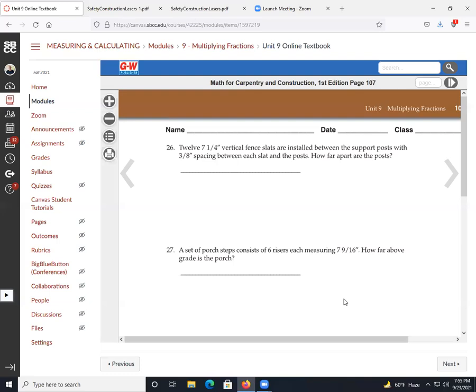I was going to say 121. I'm saying 105 because 7 times 16, 7 times 10 is 70, 7 times 6, oh, you're right. I'm wrong. Totally wrong. So let's do this again. 7 times 16 is what? 112, right? Yes. So 7 times 16 is 112, and add the 9. 112 and 9 is 121. So it's 121